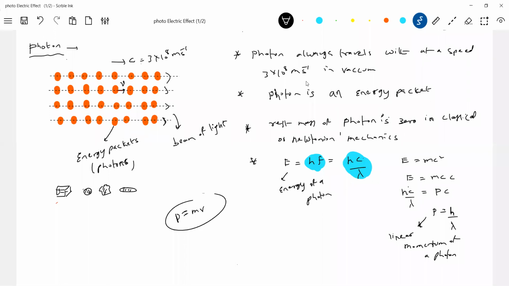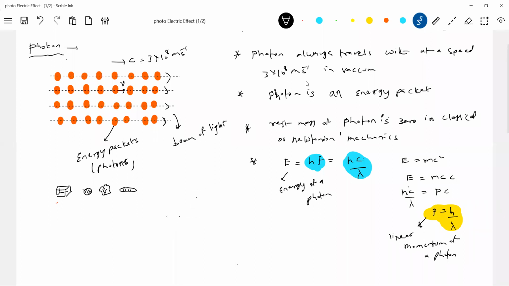So I'm bringing the expression for the momentum of photon here. A simple idea: can we have a light beam at rest? No, a light beam will always be propagating, and the light beam is made up of photons, so the photons must always be propagating. So the photon must have non-zero momentum, and I'm giving the expression like this. In Newtonian mechanics, the rest mass is zero. As far as our syllabus is concerned, you can take the rest mass of the photon as zero. In quantum mechanics, it is defined differently.